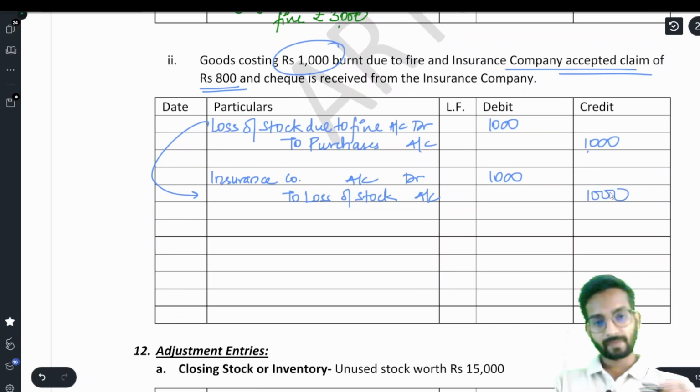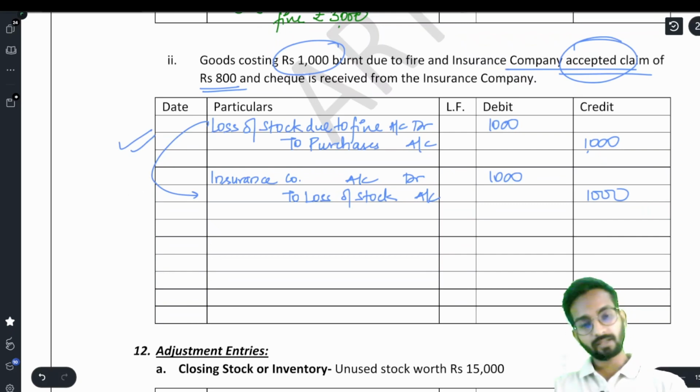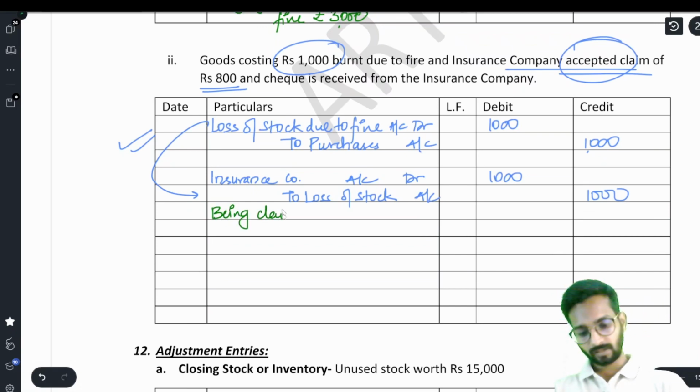See, accepting the claim and filing the claim are two different things. What happened? 1000 rupees goods were burnt. I thought all the goods are already insured, so I thought I will get entire 1000 rupees from the insurance company because my goods were already insured. So first they were burnt, then I filed an insurance claim with insurance company. So I will write here being claim was